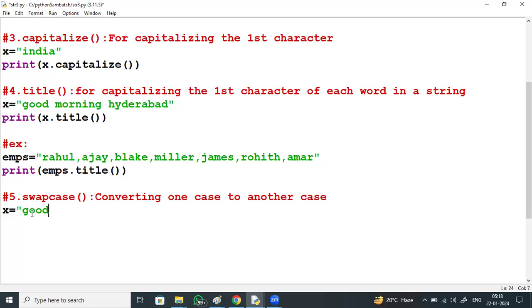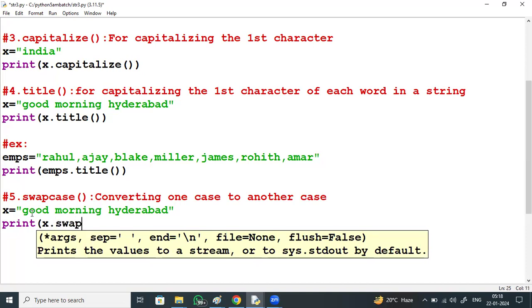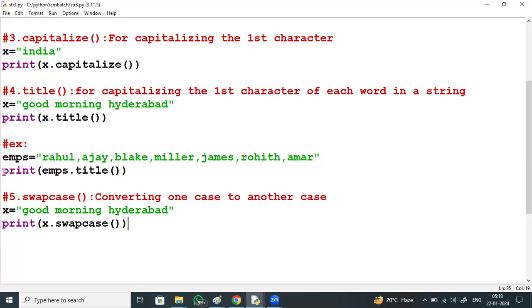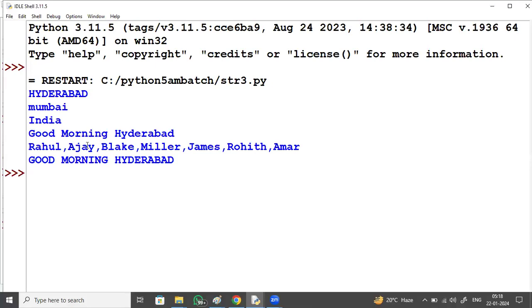Same, you got a string, good morning. X dot swap case. If you have a combination of lower and upper, all lower converts to upper, all upper converts to lower.